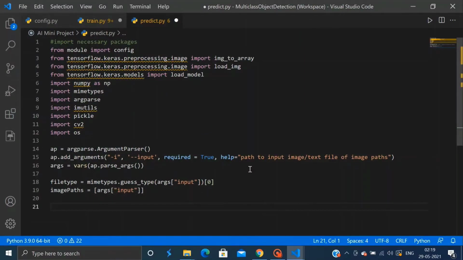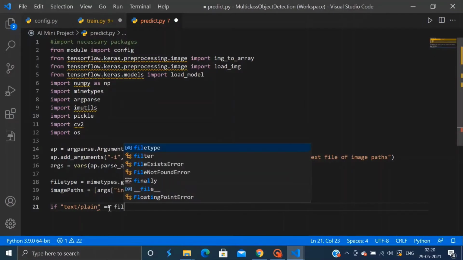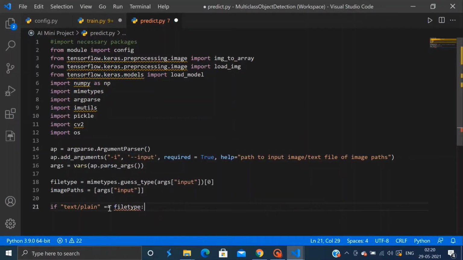The second one being that our image path consists of a text file, which will be a conditional check. So if the file type is plain text and this holds true, then we override and populate our image paths from all the file names, one per line, in the input text file.